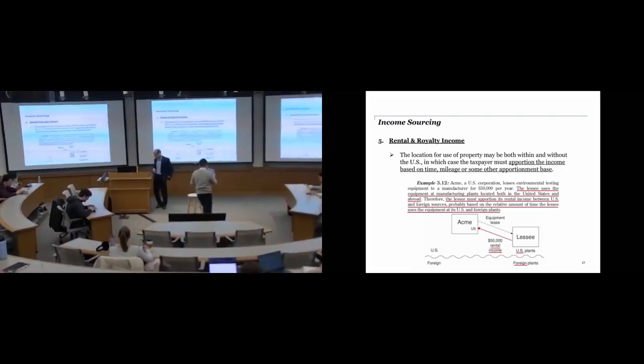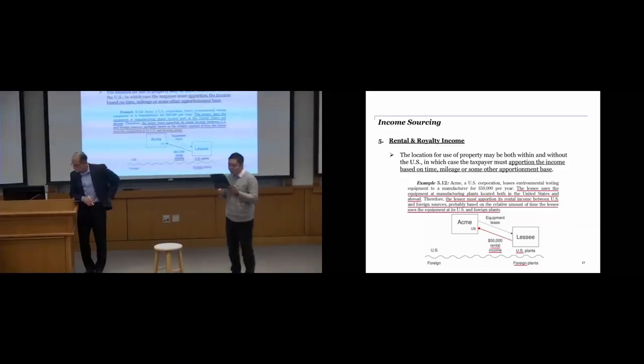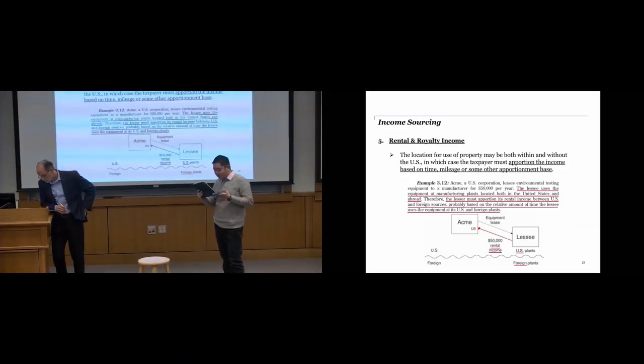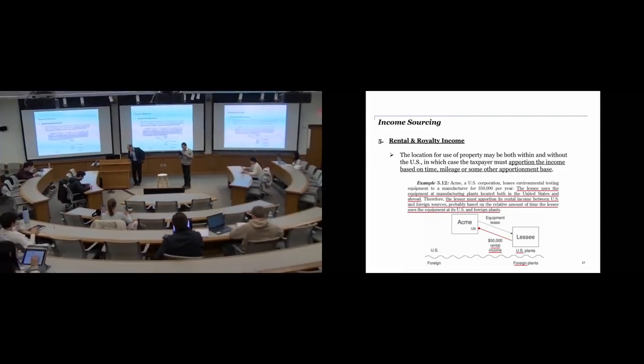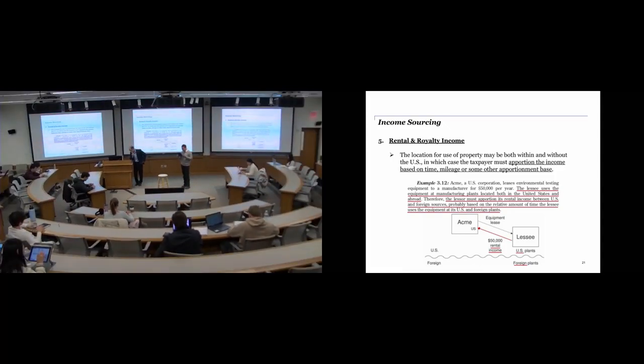So, Acme is a U.S. corporation that uses environmental testing equipment to manufacture, for $50,000 per year. The key factor is that these use the equipment as plants located both in the United States and abroad. Because the equipment is used in more than one location, Acme cannot treat all $50,000 as U.S. source income. Instead, it has to split the rental income between U.S. source and foreign source. And this will be done based on how much time the equipment is used in